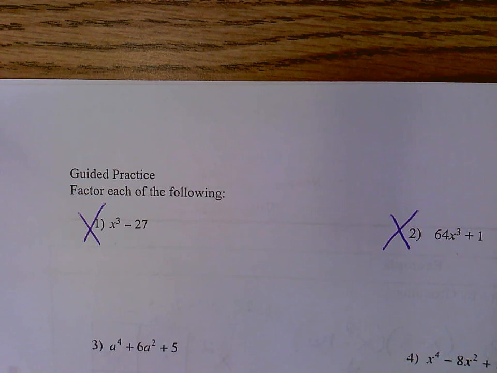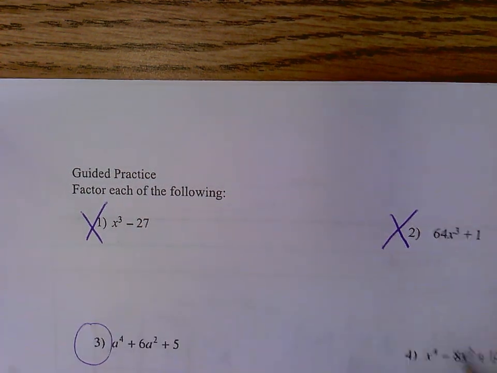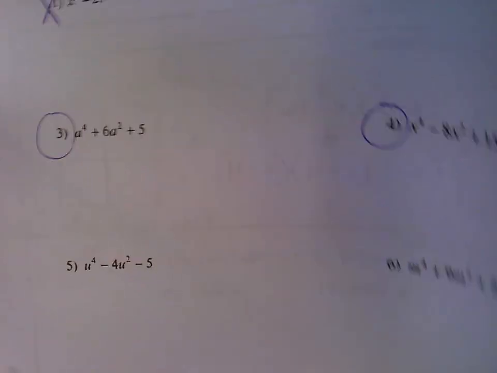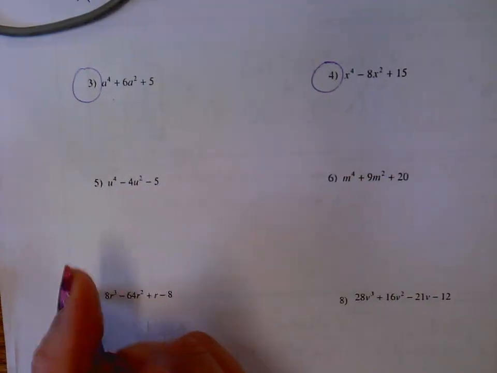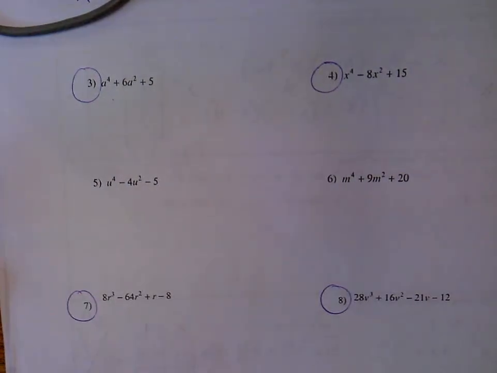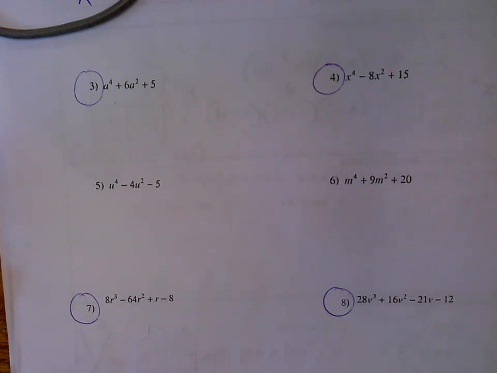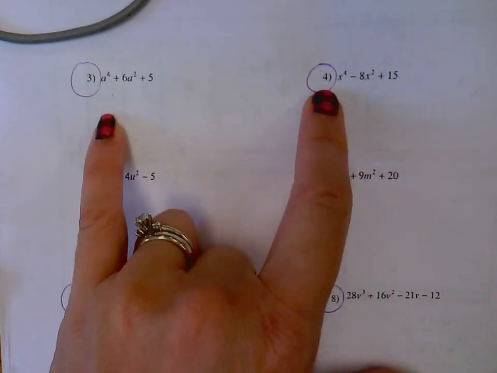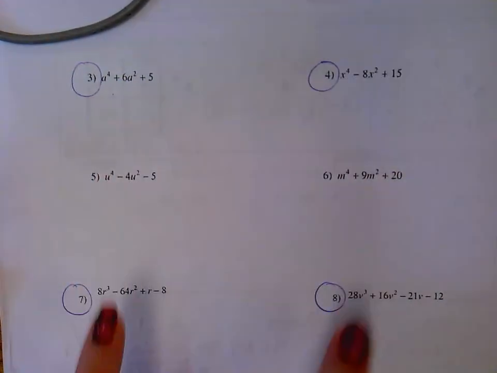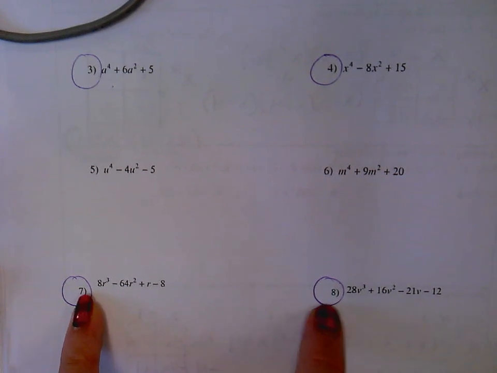So for the interest of time, maybe you want to try 3 and 4, and then skip for now 5 and 6, because those are the exact same strategy as 3 and 4. Skip down and try 7 and 8. So on the practice, use the new strategy that we just learned. Use a partner. I can come around. Try 2 that are the ones we just did, and 2 that are the grouping or the box method,